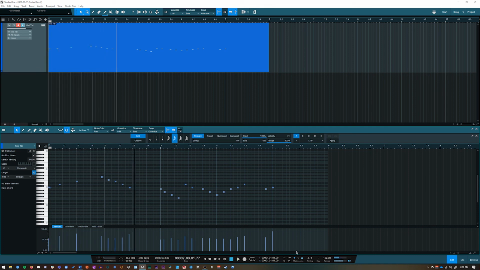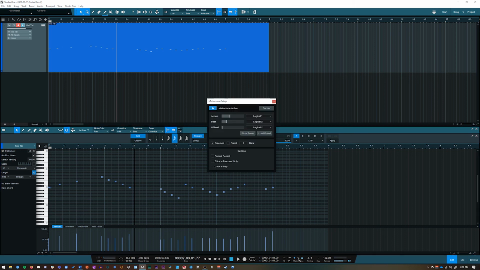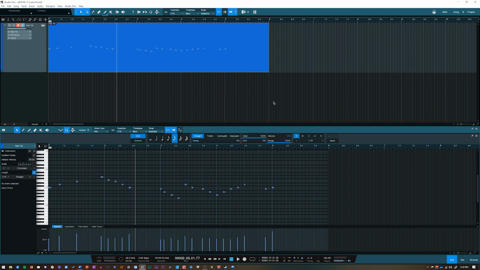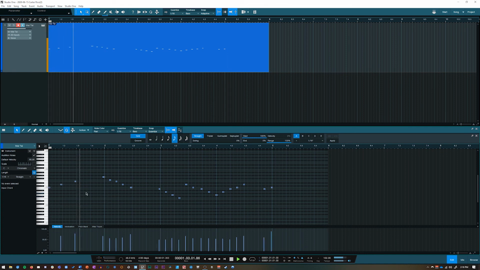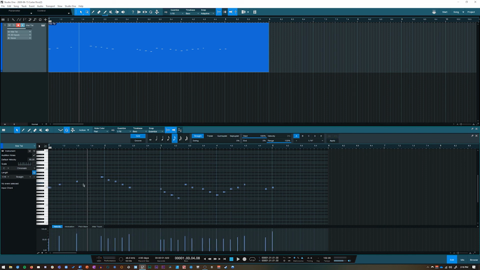And you know what I'm going to do? I'm actually going to turn the metronome on during playback for the time being, so we can actually hear how close this is to the grid. Okay, so that didn't do the most perfect job compared to what I may have actually wanted. So it looks like this note, when I quantize at this level of the 16th, it actually moves the wrong